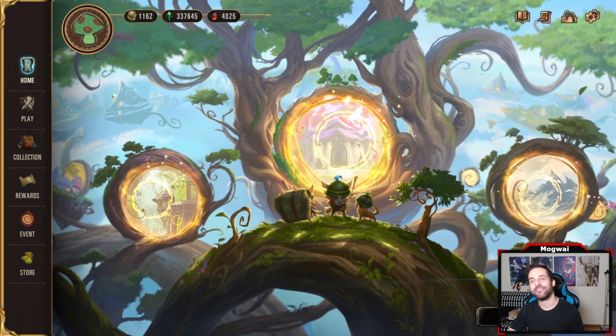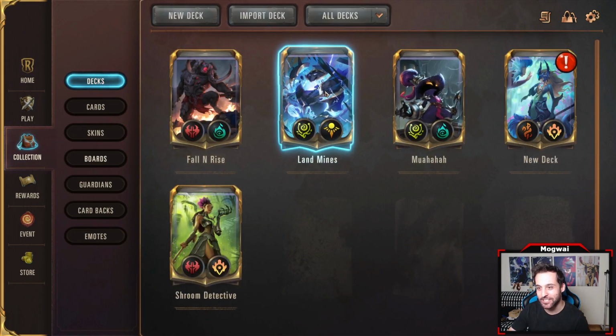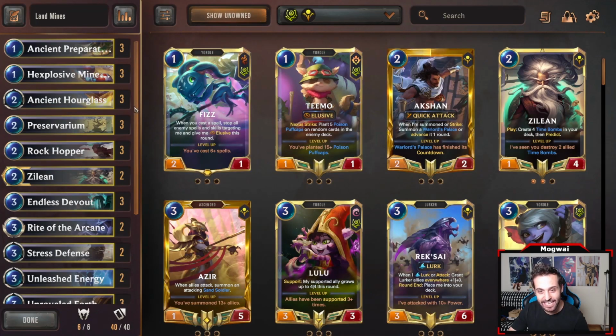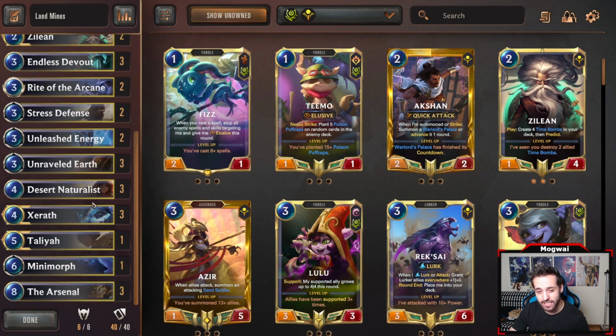And today I have a dope deck to share with you guys. Really proud of this one. It is called Landmines, and it's built around your boy XERATH. And we have a triple champion lineup here, ladies and gentlemen. We're playing 3 copies of XERATH. Is it XERATH? XERATH. We got 3 copies of XERATH, and we got 2 copies of Zilean and a one-off